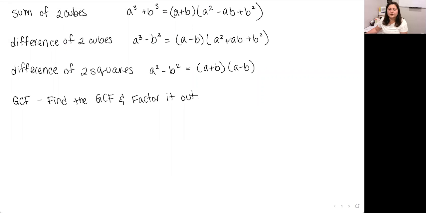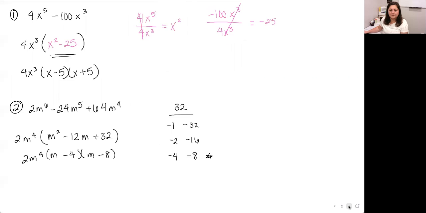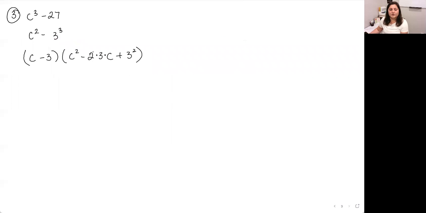So the difference of 2 cubes. This is the formula that I'm looking at right here. So a minus b, and then a squared, and then I have a b squared, and then I have an a times b. So no 2, and that's positive. Okay, so realistically, I'm looking at,